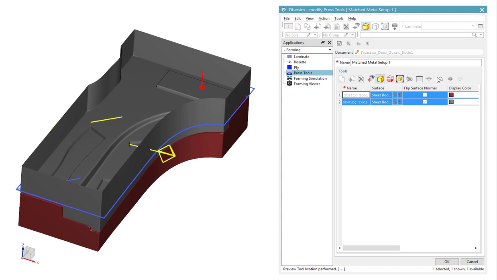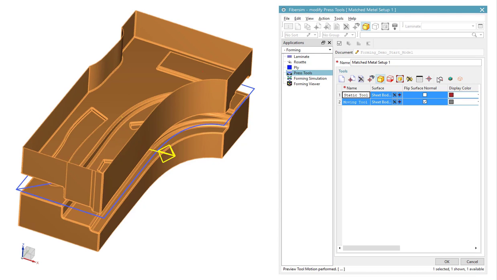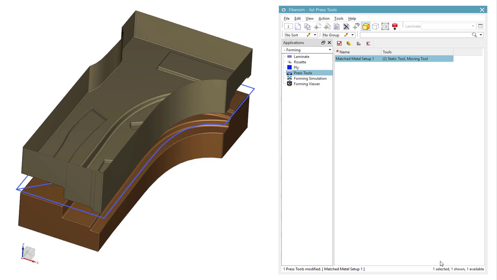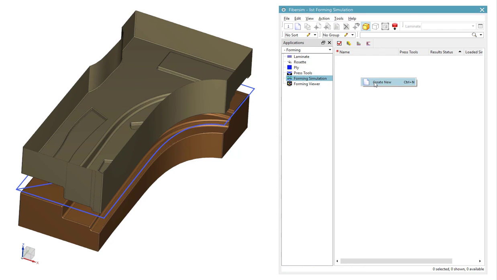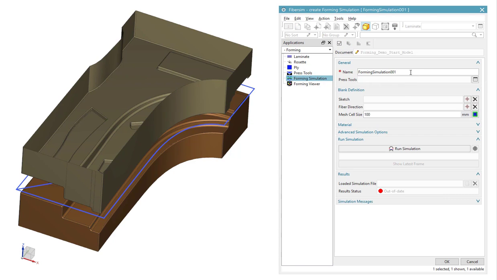It's going to be linked to the two different tool surfaces. Define your tool motion, your path, and the timing. You can preview that motion and then save the results. Then in the forming simulation object,